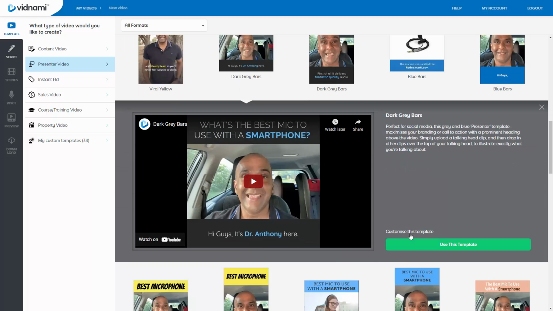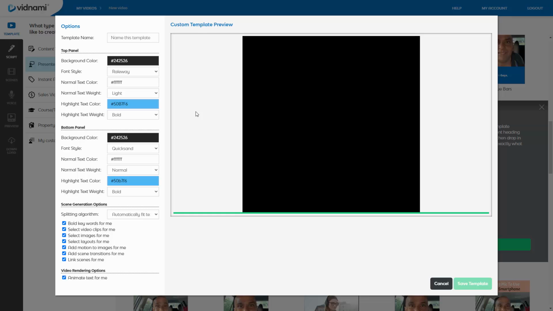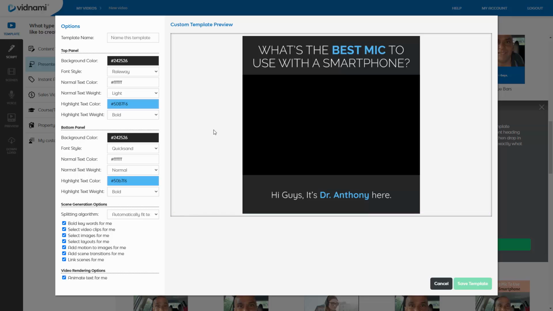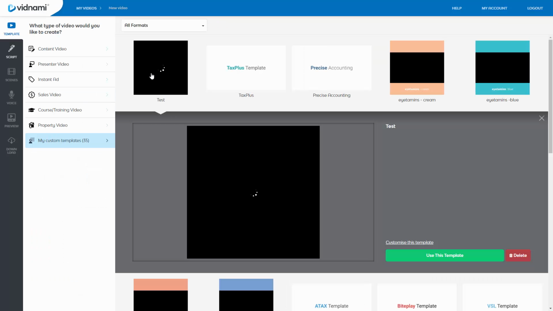So let's just use this template. You can customize the template, of course. You can customize the top panel, the bottom panel. I'd probably make the top a little bit more bold. That's a little bit better. Maybe even semi-bold. Full bold. There you go. Full bold is usually better for the top. Sometimes extra bold might work. What about black? Yeah, let's just do bold for the top and then normal, medium for the bottom, just to make it a little easier to read. And I'm going to name this template test, save that template, and it's going to be my custom template.